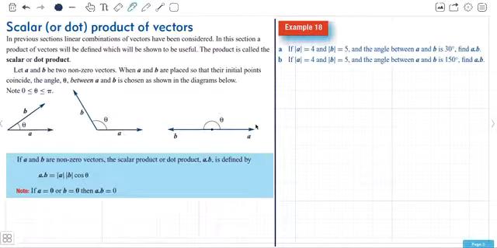So this example here leads us into the scalar or dot product of vectors. It's a really important thing to understand because the dot product allows us to find the angle between two vectors A and B. So you can see here in the pictures that we've got A and B and the angle in between them, theta. That angle is measured as being between 0 and pi because once the vector gets further